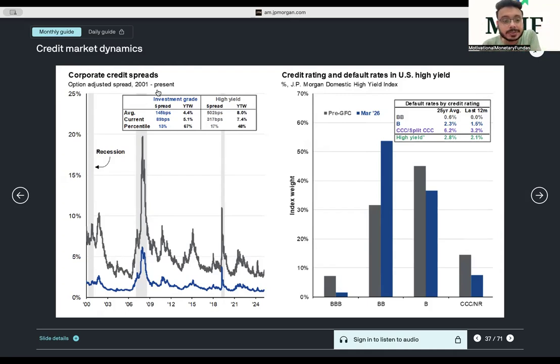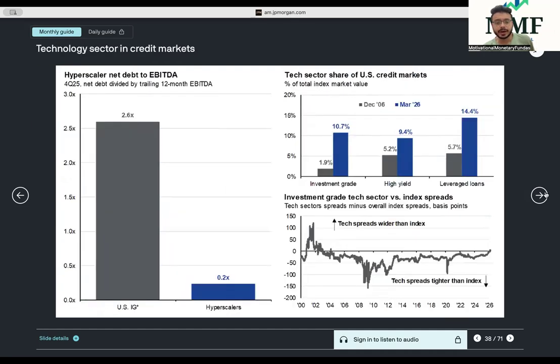The average spread has been 145. We currently stand at 89. High yield bond is the riskiest category, which invests into lower tier grade securities. The spread had been 502. We currently stand at 317. It indicates no risk or a very, very low risk as compared to historical averages in the US markets. The yield to worst has also become low at 7.4, right? We go ahead.